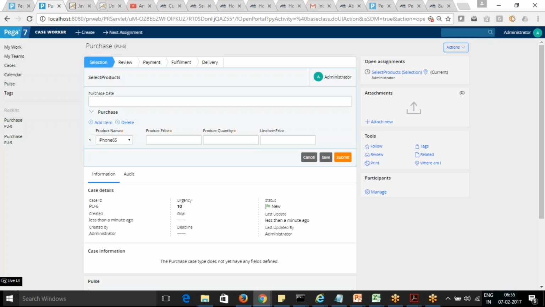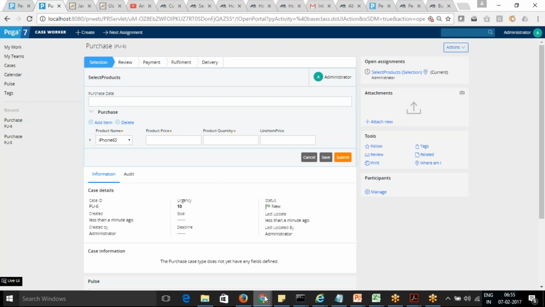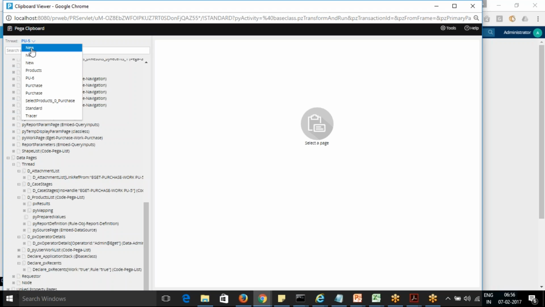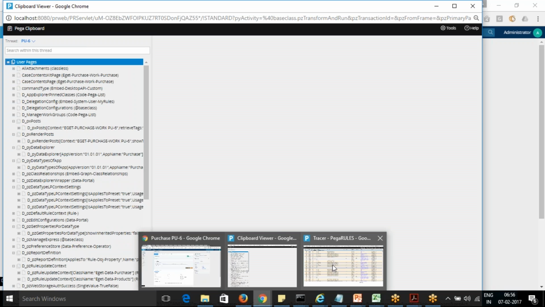Why these values? Okay, 1 minute. Actually, we'll see the clipboard. I'll stop the tracer.